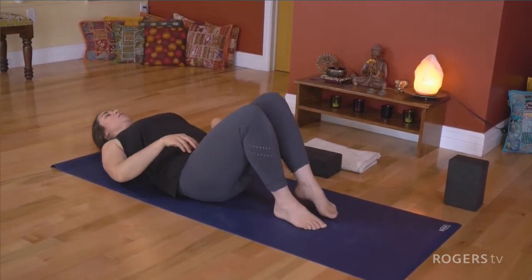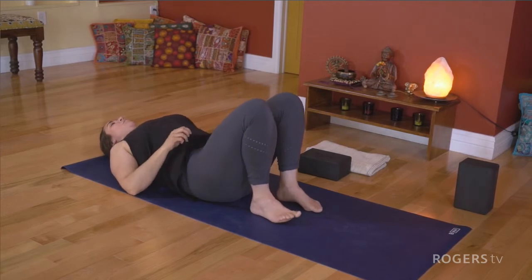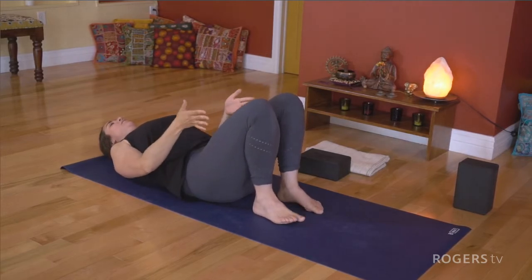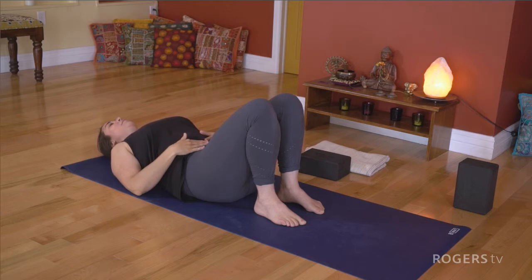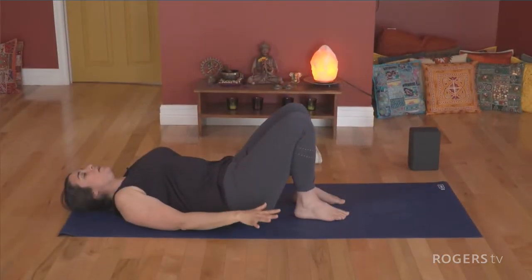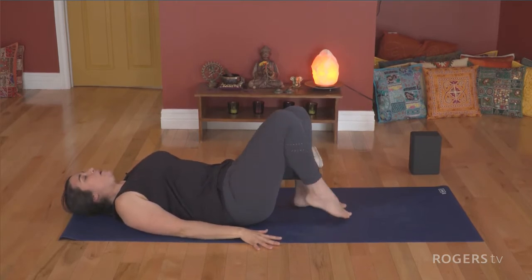Take your time to lower down and then walk your feet in towards your seat. Press the four corners of your feet down, align feet with knees, knees with hips. Here, if you'd like to take your supported bridge, take your block, place it underneath the sacrum. If you'd like to come into bridge pose with me, Setu Bandhasana, bring your hands down by your side,